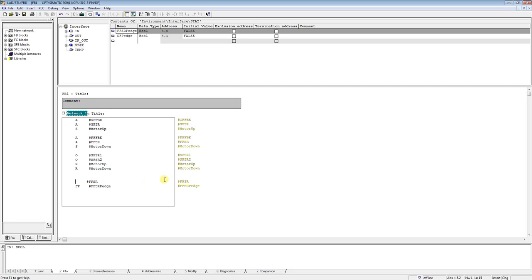I know that I have an OR operation below, so I am writing O as a first letter, because I have here also, as you know, a second similar sensor, it is ground floor, and this is the same situation. I have to detect a positive edge, so I use FP